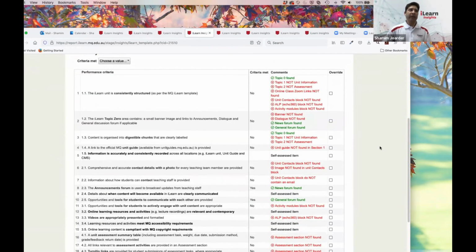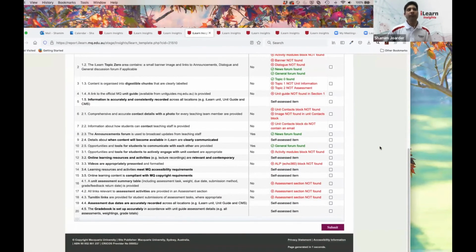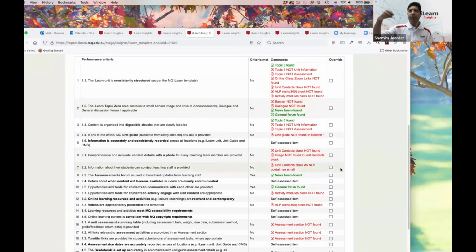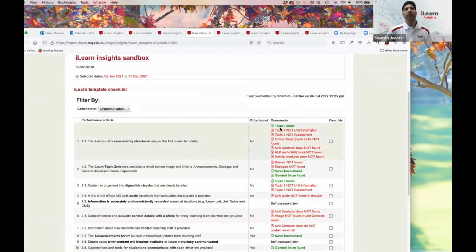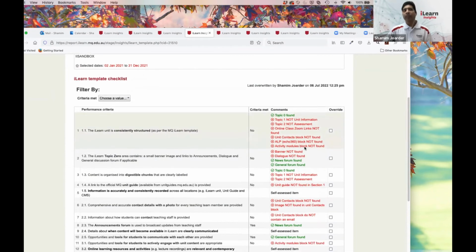Here it is. So as you can see, iLearn Insights tries to find from your unit all the things it expects, right? It expects all these 20 things, and it also shows what is available and what is not available and the reason for saying the criteria is met, right? Now iLearn Insights can't find everything, can't automate everything, right? It's not possible. So it automatically shows this, but if you think, no, this is not correct, this should be overwritten because I have it in a different form,